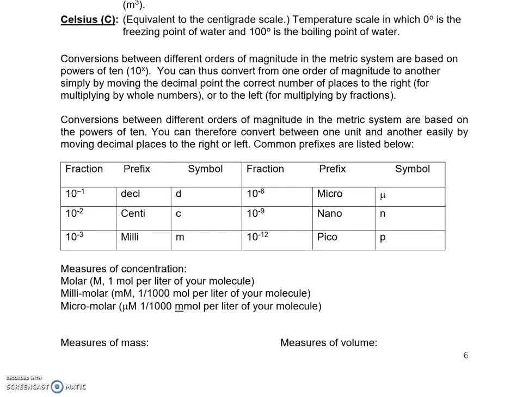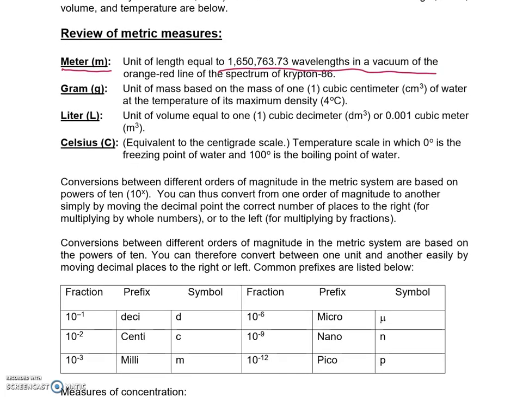So you have your unit measures here, your meter, your gram, your liter, and the Celsius scale. We're going to focus on the first three here, the gram, the liter, and the meter. Now if you want to describe that something is 1,000 times bigger than a meter, then